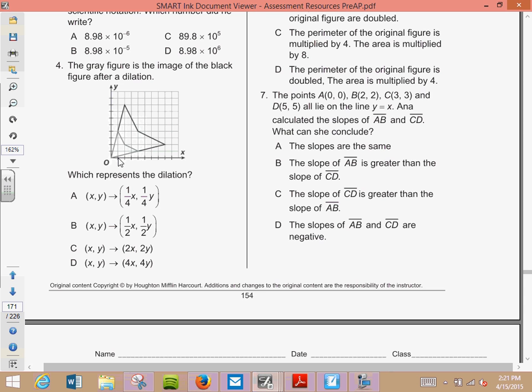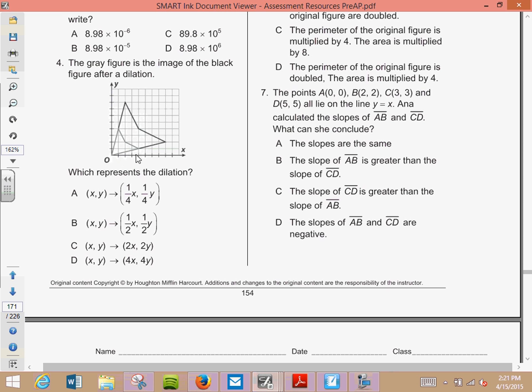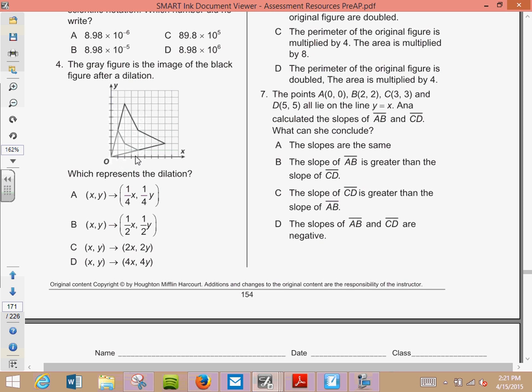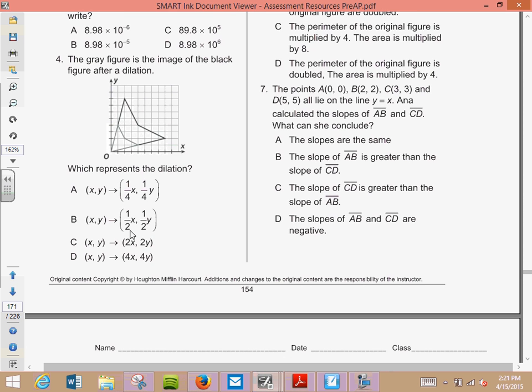A coordinate point. So let's say that this point right here is 4 and this point is 8, right? So what happened? No, we said that a scale factor cannot be a whole number because we went down. We multiply by half, right? Because every time that you shrink, you're multiplying by a fraction. So that means it went half. What do we letter B?